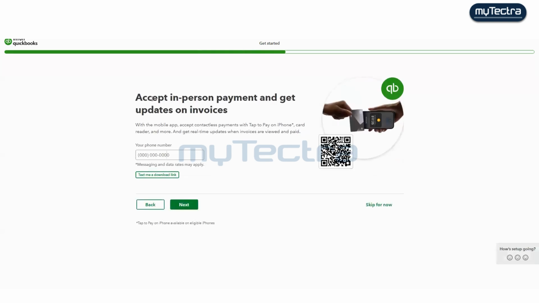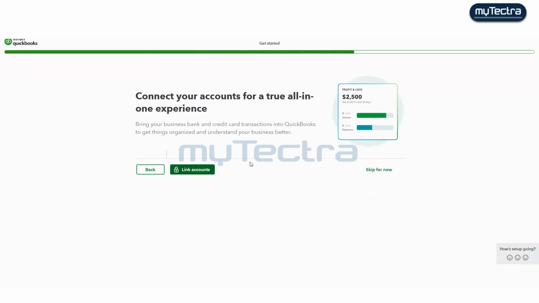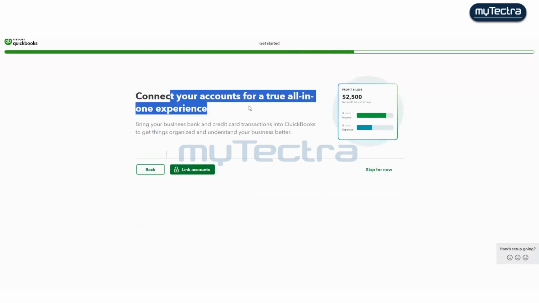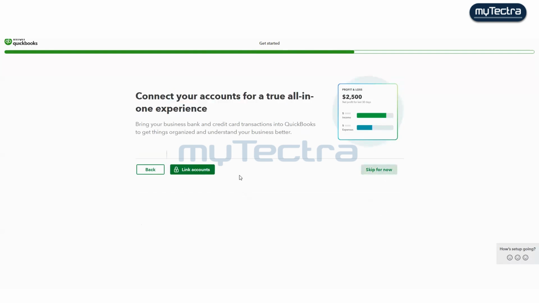Accept in-person payment and get updates on invoice. This is again a payment method. I can also put the QR code, so you simply scan it and pay. Of course we are not discussing this one, so I can skip for now. It is asking to link the account, so again let's skip for now.